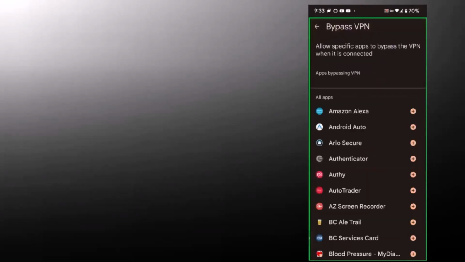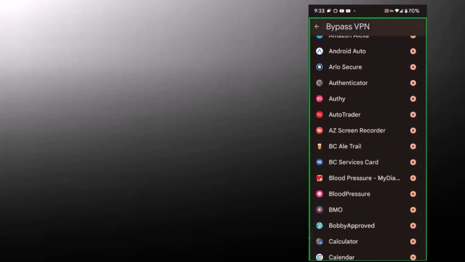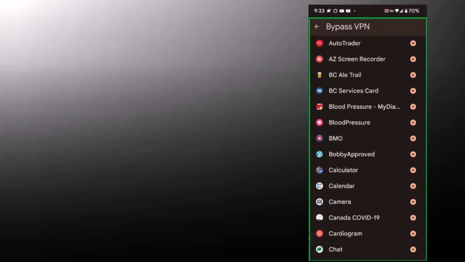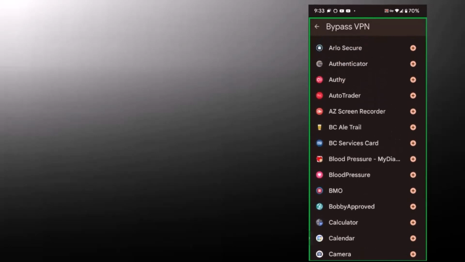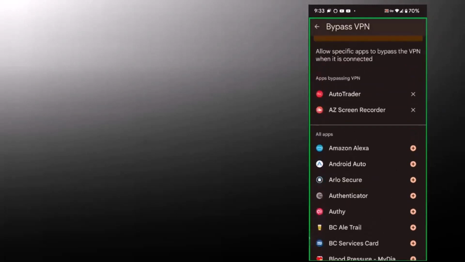And as I've showed you before, you can come down, and these are the apps that are on my Pixel 6 phone. Now let's say, for example, I want to use the Auto Trader app, but it doesn't work well with the VPN. Maybe it needs to know my location. There's some reason why it just doesn't work with that. If I click the plus button here, you'll see that